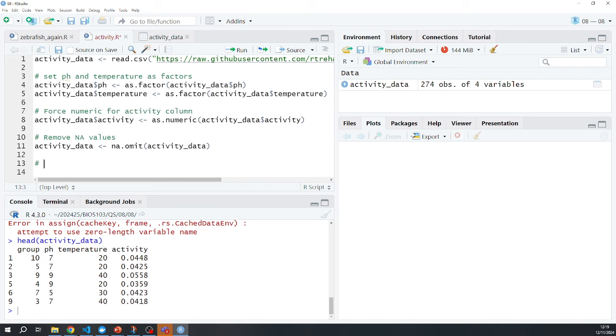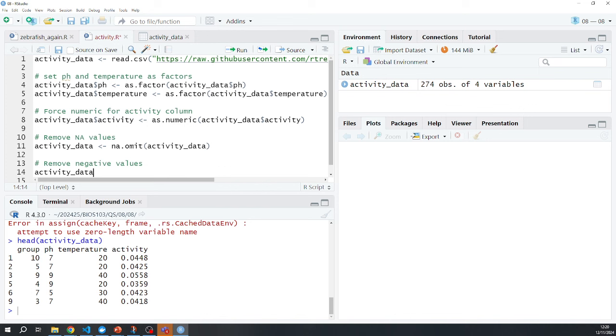So it won't have removed the negative values, because they are technically numeric. So I need to subset my data in order to remove those. Remember, all the way back in week 4, we learned how to subset our data. The way I'm going to do it is just like this: data,